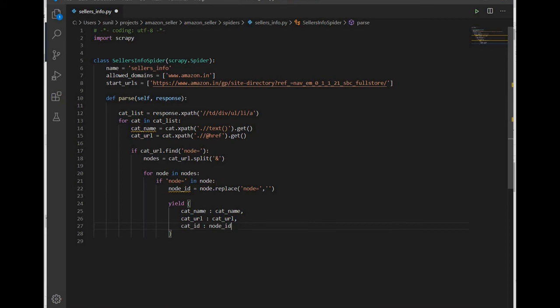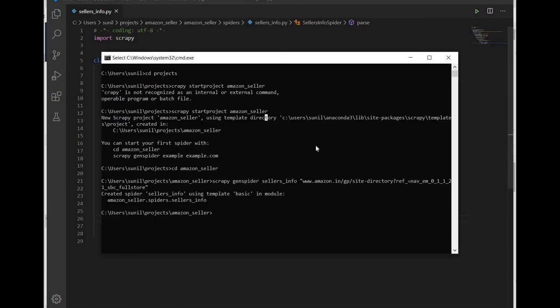Now we will run it directly: scrapy crawl, what is the name? sellers info.